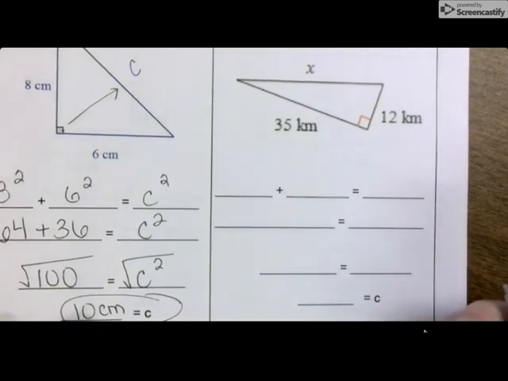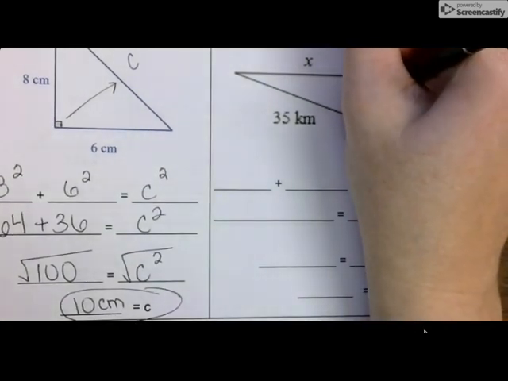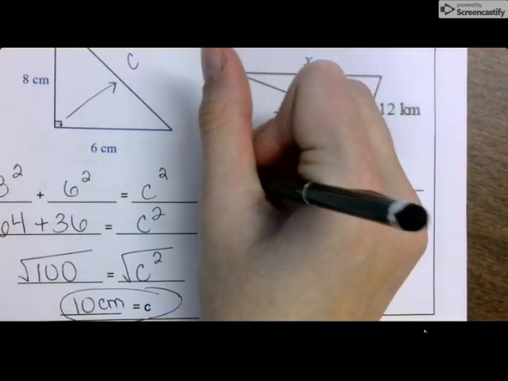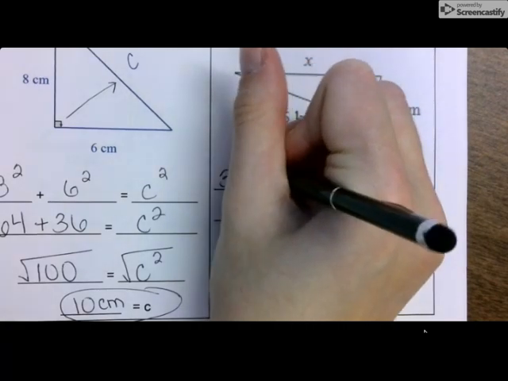Very last one that we're going to do together. Diagonal from that. So I have 35 squared